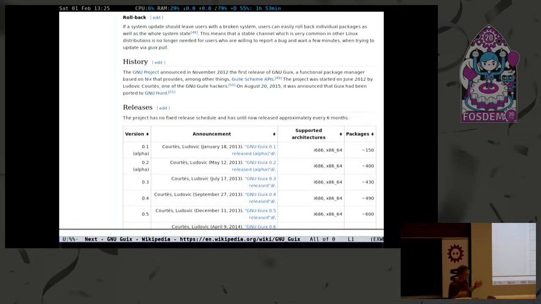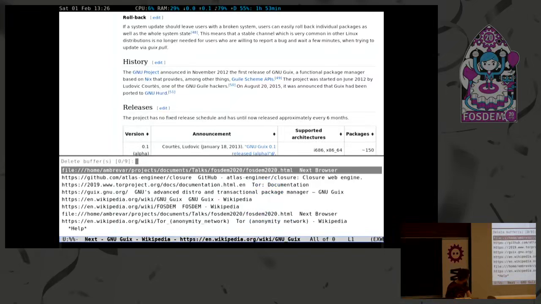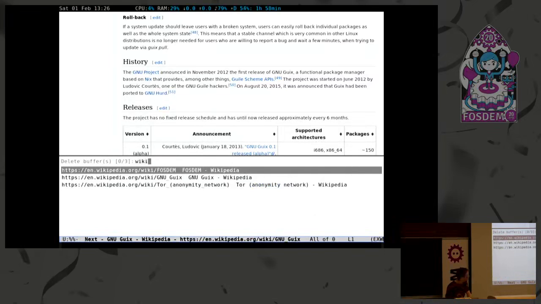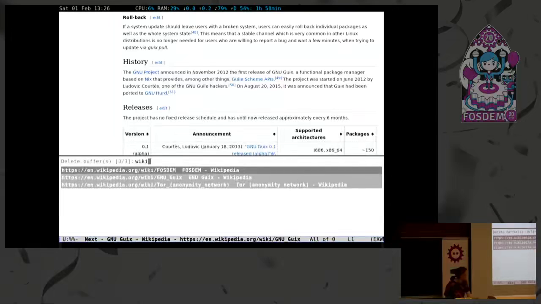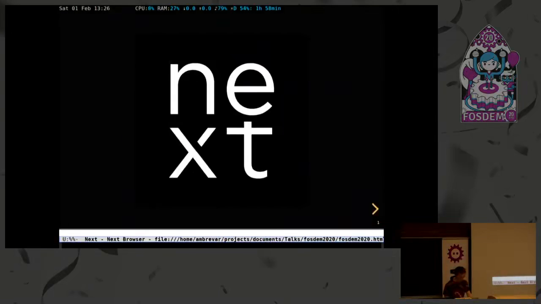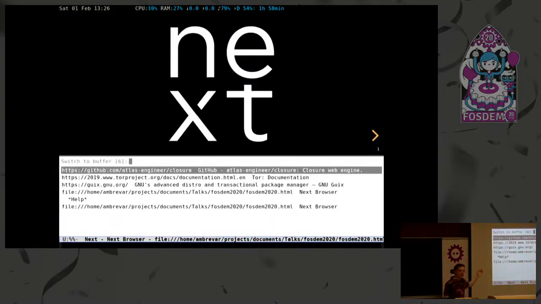So that's pretty cool. We can even use it to interact with the browser itself. For instance, how many times have you found yourself with so many tabs you were really lost with them? And you wanted to, okay, let's kill just a bunch of Wikipedia pages you don't need. So then I can just start deleting my buffers. I can narrow them down to wiki, select them all, enter, and they're all gone. So that's much more productive, right? And it's a very simple concept. And when you start using it everywhere, well, it starts becoming pretty cool.